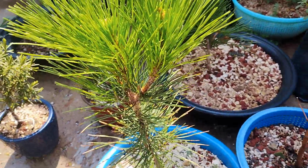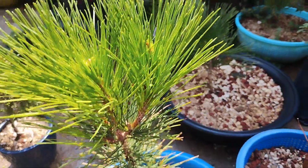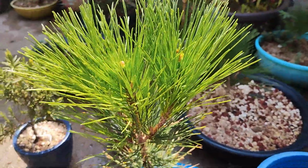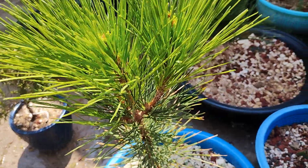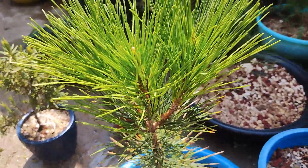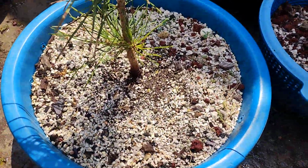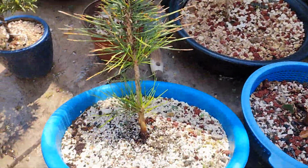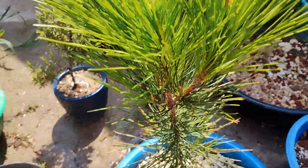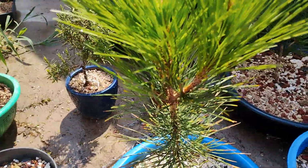Today is a very hot Saturday over here where I live, and as you can see from the title, we're gonna do a little bit of candle pruning on this little guy right here. This is a Japanese black pine that was featured in one of my videos months ago. That was a transplant, and we can see that it's doing very well over here. The new candles for this year have opened up real nicely, and I think it's high time that I